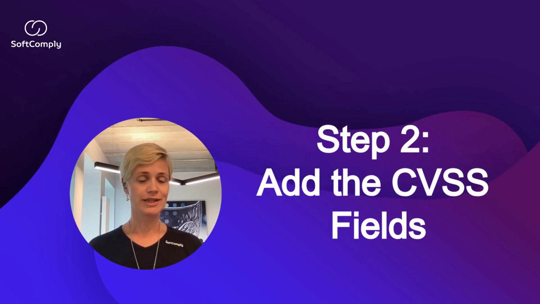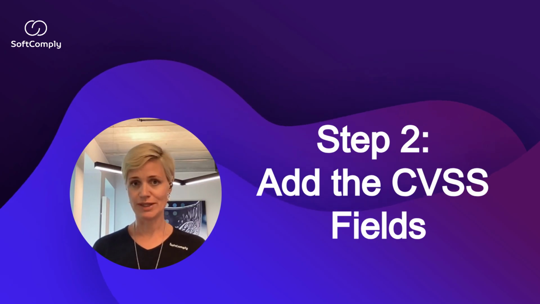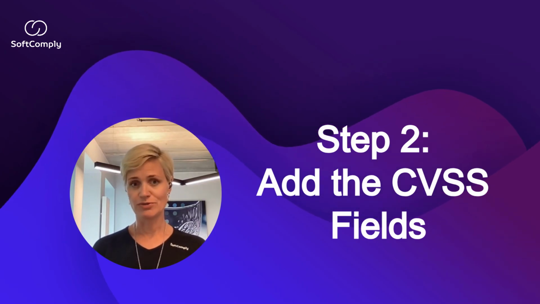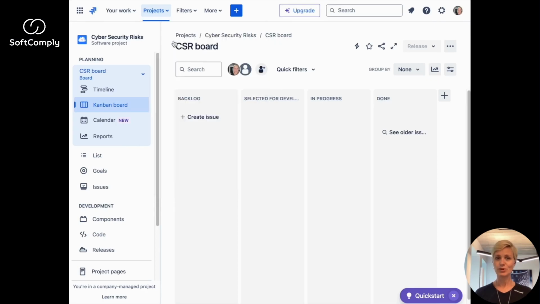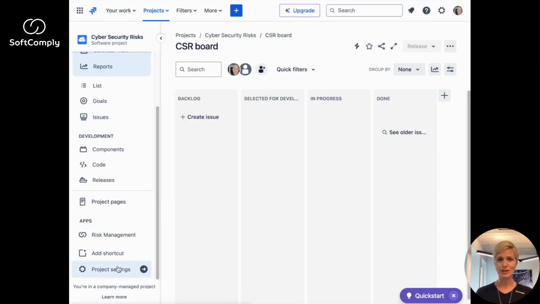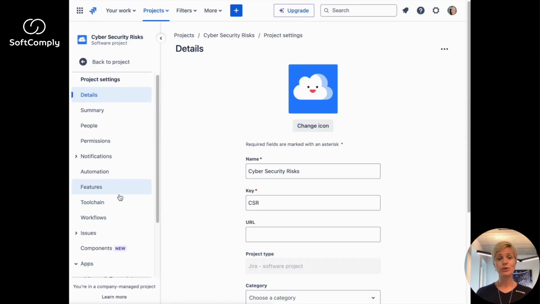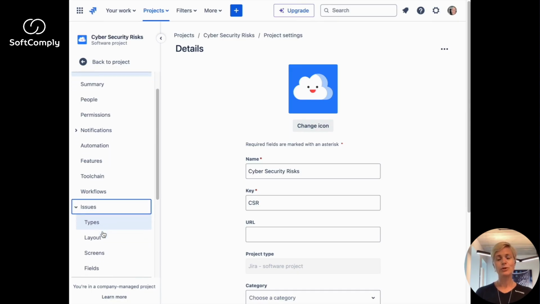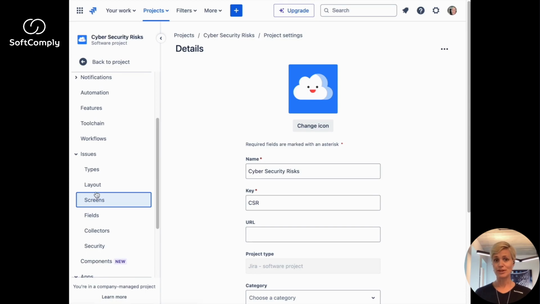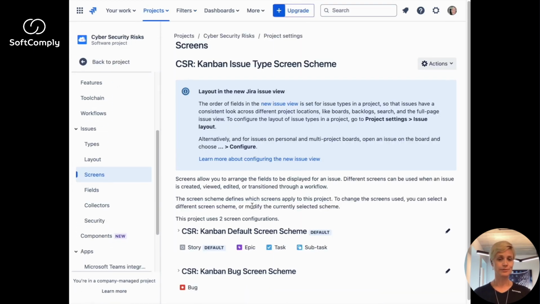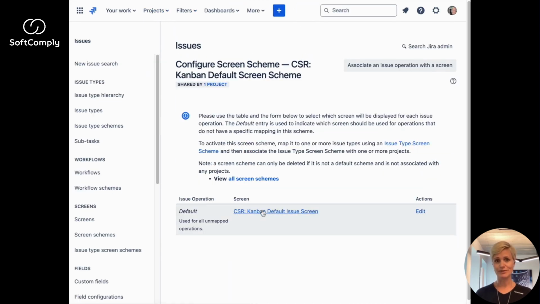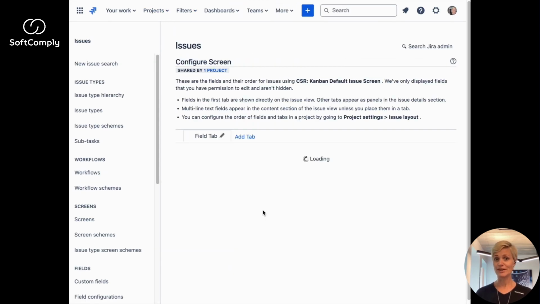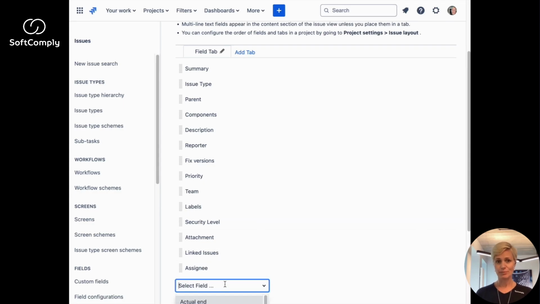In order to use the CVSS score in Jira Issue View, you will need to add the CVSS fields to issue screens for the project where you wish to score security vulnerabilities. To do that, go to the Project Settings page, choose Issues, and then go to Screens. From the list of screens, select the one for which you need to configure the CVSS field. Find the option to add fields, choose the CVSS vector and CVSS score, and add both of them to the